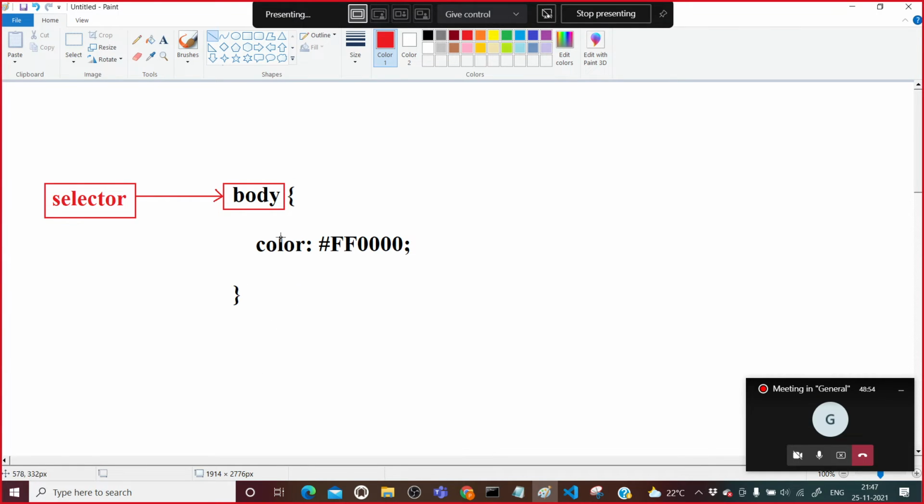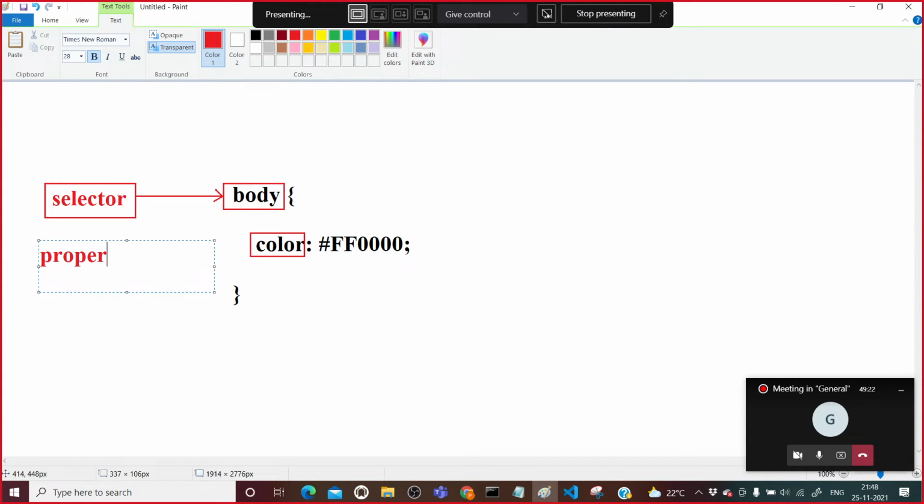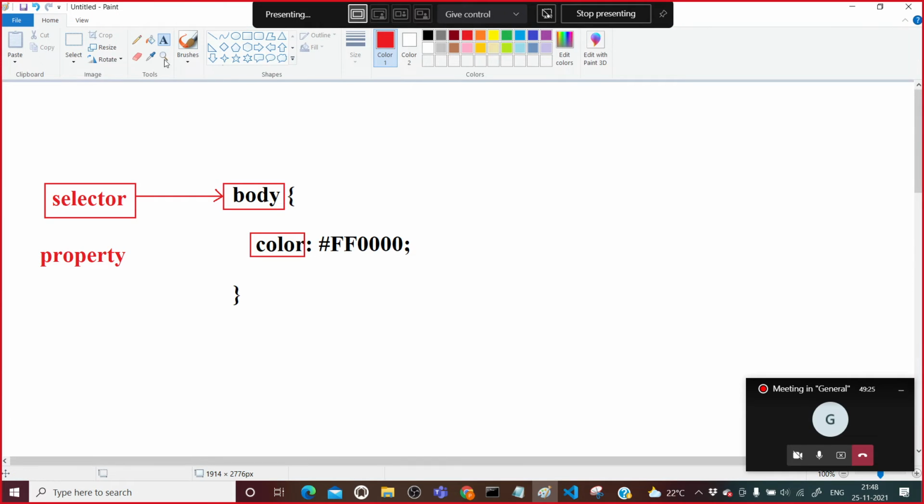Now this is color, right? This color is a property which you want to set for that selector. This is the property for which you are giving the value, the property of that particular selector.